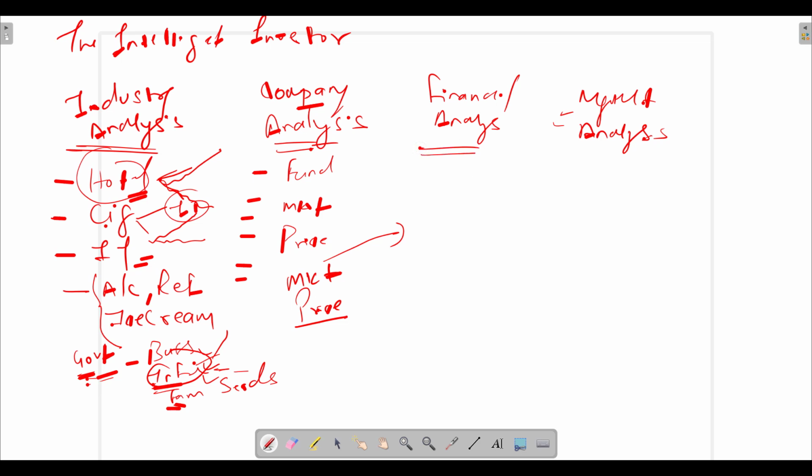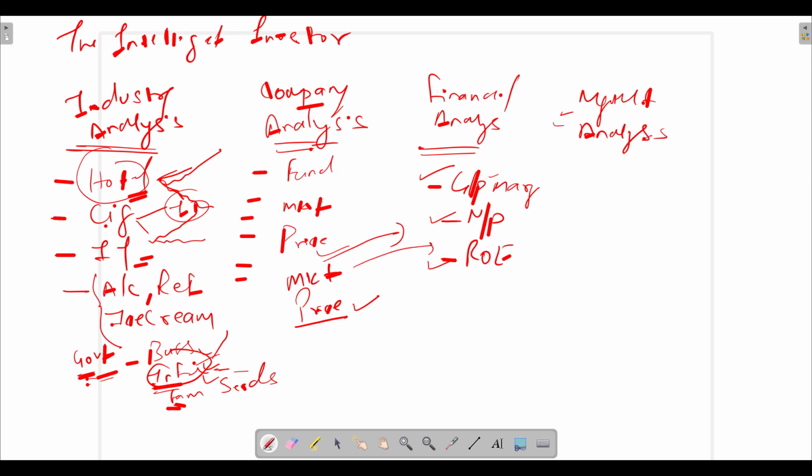In case of financial analysis, we check the gross profit margin, the net profit margin, and the return on equity. Okay, so if the company has a good market share, or let's say they are price leaders, their gross profit margin would be high. If their gross profit margin is high, their net profit margin will be high. And if their net profit margin is high, the return to the equity shareholders, or return on equity, would be high. Okay, so it is linked.